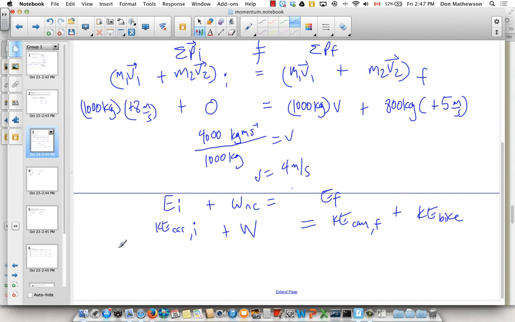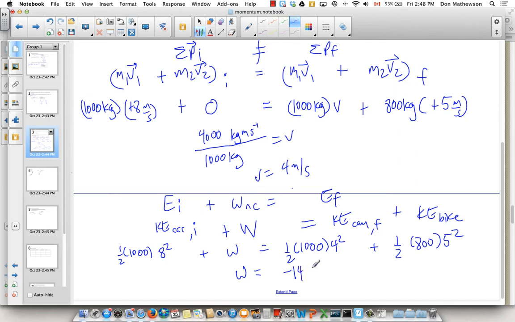So kinetic energy we calculate using 1/2 mv squared. And then we just found out that the final speed of the car is 4 meters per second. So let's see, what have we got? That's 64, that's 32,000, that's 8,000, so far 24,000. And then this is 10,000, so bringing it up, I think we lose 14,000 joules of mechanical energy, and this